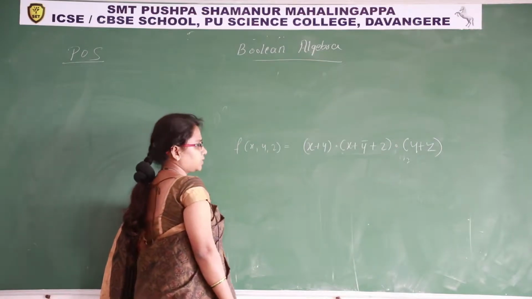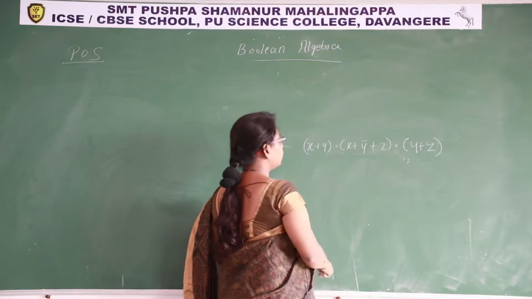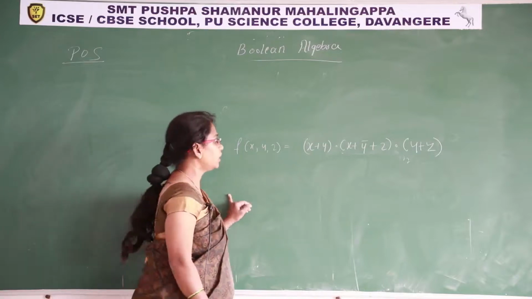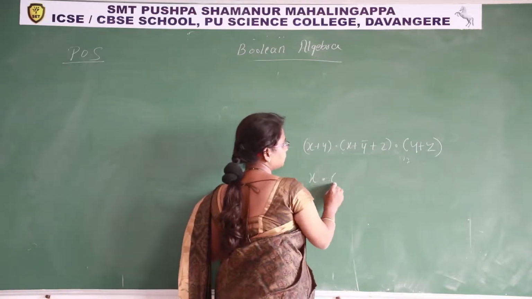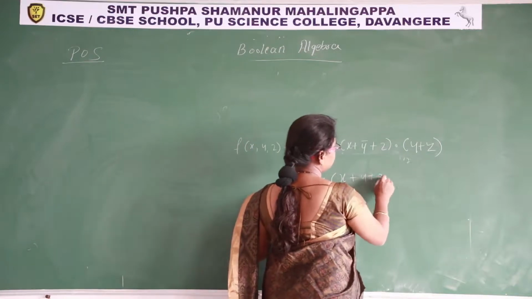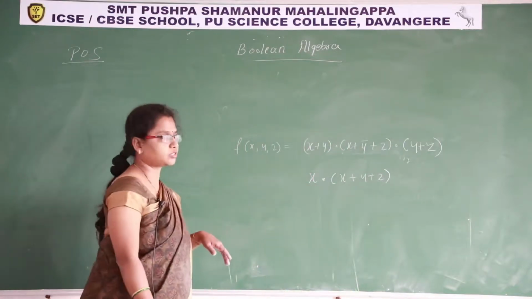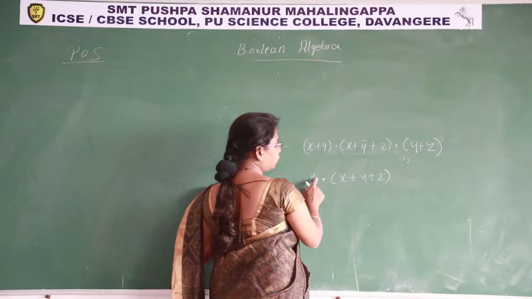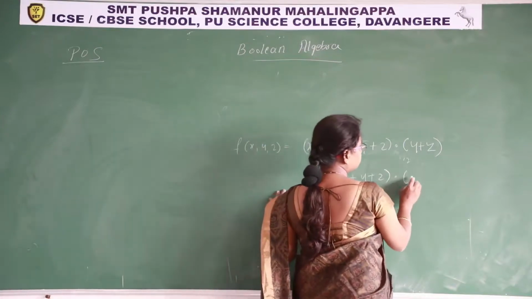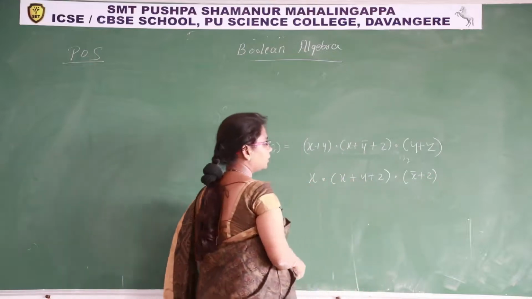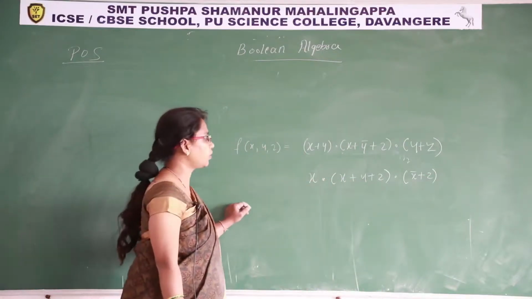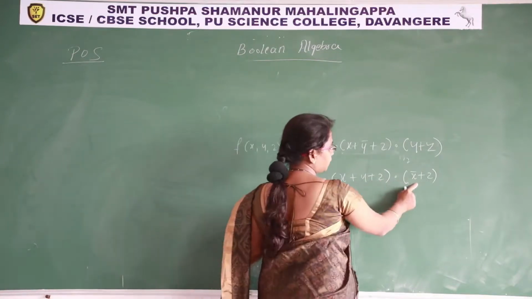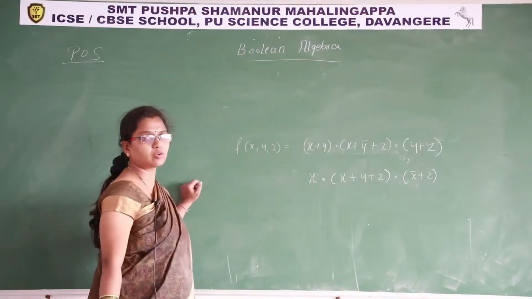So how to define the POS? It's a logical product of one or several literals, and these literals may or may not be complemented. I can write another example like this: X into X plus Y plus Z. Sorry, it is a POS expression. This term has only one variable, two variables are missing. And I can write like this: X bar plus Z. It is a POS expression, but not a canonical POS because it has only two variables. So all sub-expressions do not contain all literals here.